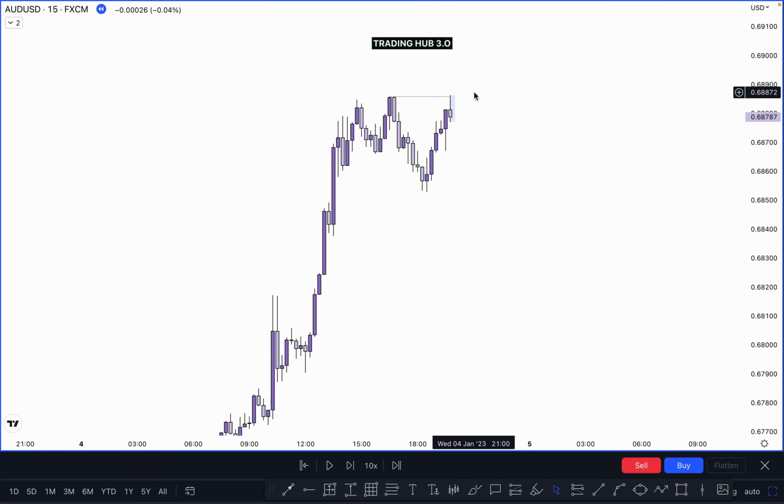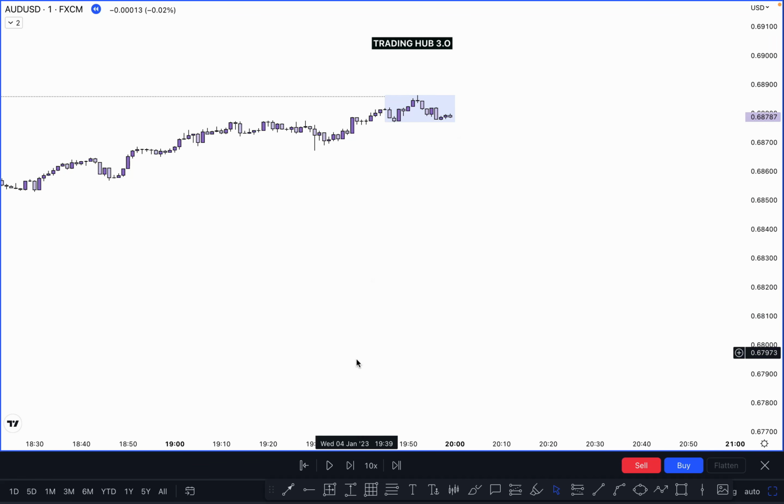So this is the indication: the previous high is taken out and the candle closes below it. If the market creates anything here in a lower time frame, then we can take entry. If not created here in the 1 minute, then don't try to sell here. In the next attempt, the market can go higher and close above it, right? So don't try to sell here immediately. You have to wait for lower time frame confirmation: CHoCH, bounce, inducement and flip. There are different types of entry models, but let me show you exactly how you can find entry in a 1 minute time frame.